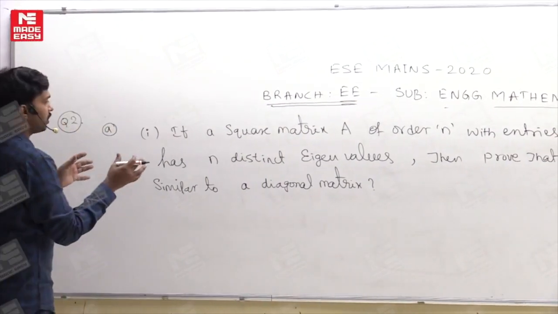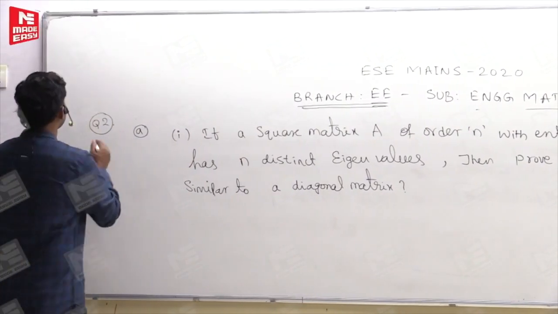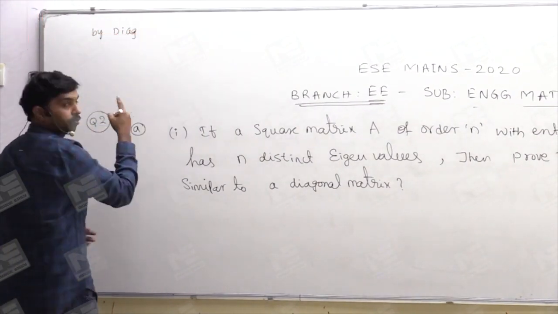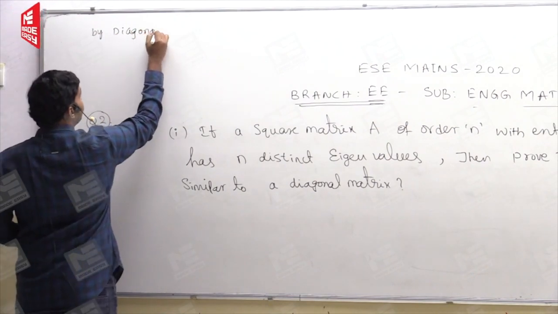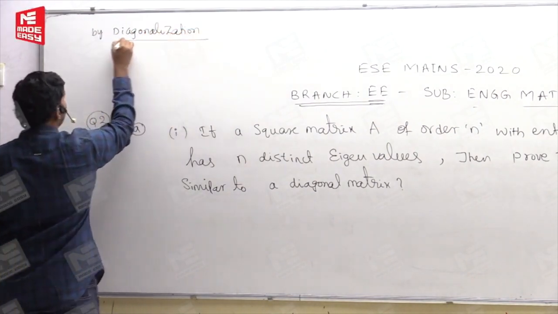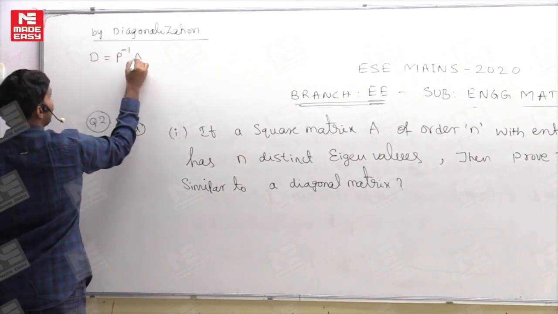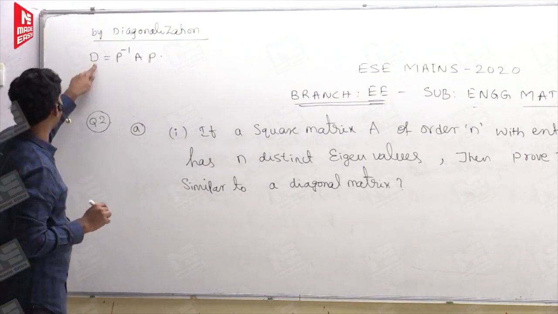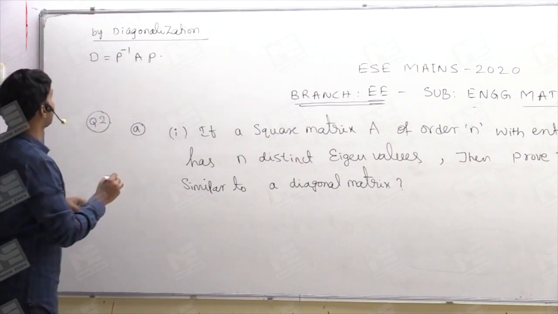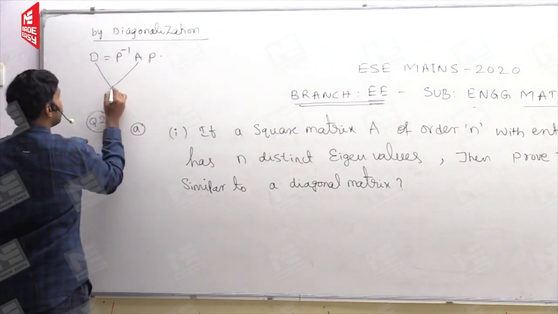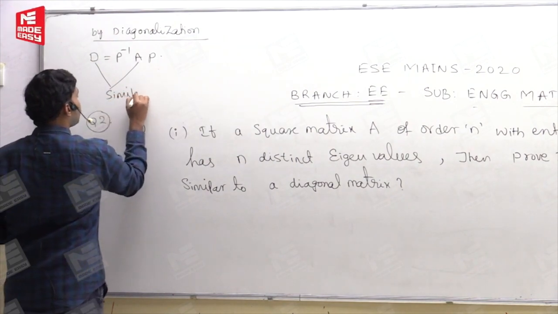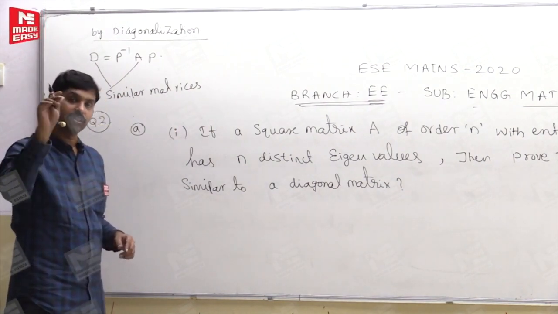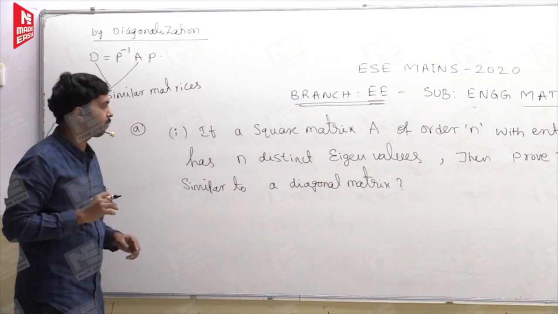So what is that? First, I'll just introduce the diagonalization. So I repeat here, just look at this. So by diagonalization, here, you can write D is equal to P inverse AP. We all know that by similarity transformation, if any matrix is written as P inverse AP, then this matrix and this matrix A are similar matrices, correct? Similar matrices, whose eigenvalues and determinants are the same. Even eigenvectors are also the same here, right?